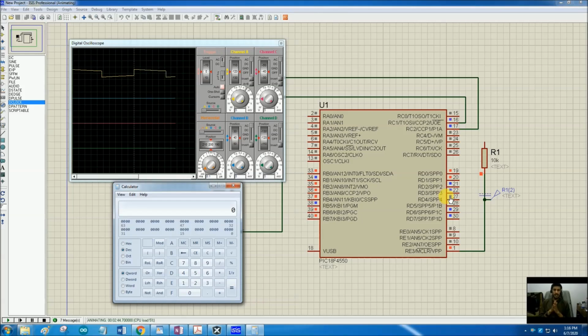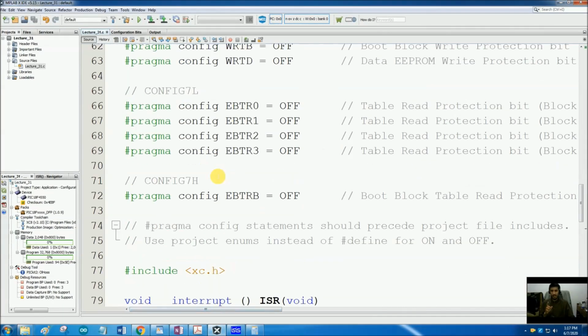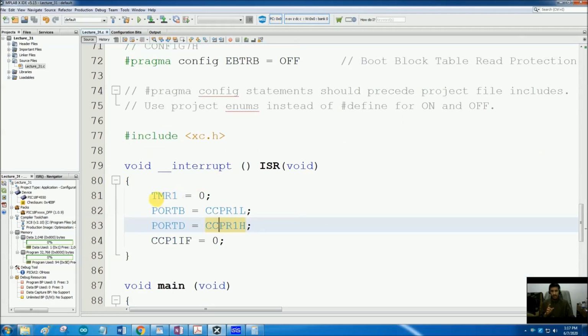But we are getting 989 counts. There is a difference of 11 counts. And this is what I was talking about when I was writing that program. I was trying to explain this difference, that 11 counts are being wasted, 11 microseconds are being wasted while preloading or resetting this value of timer. Some instruction cycles are consumed here, some microseconds are wasted here, and then after the timer is reset or loaded with some value, it remains dormant for 5 to 6 cycles. It is written in your data sheet.